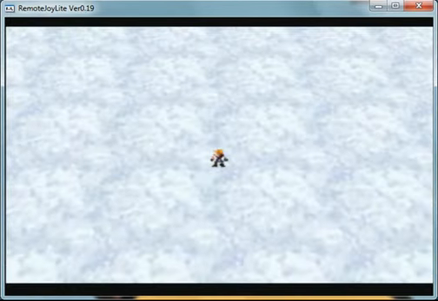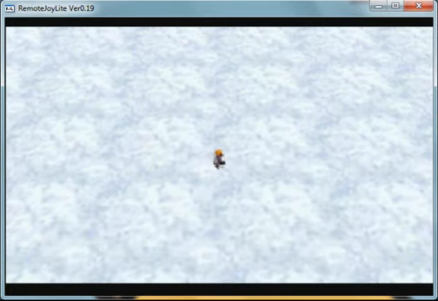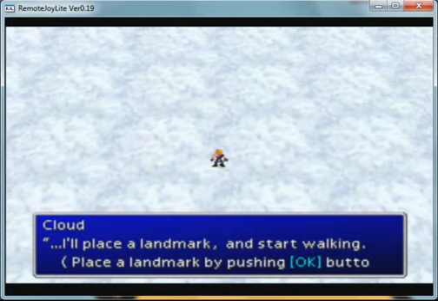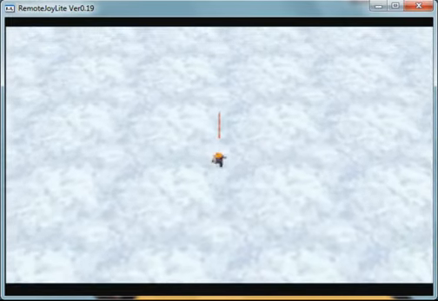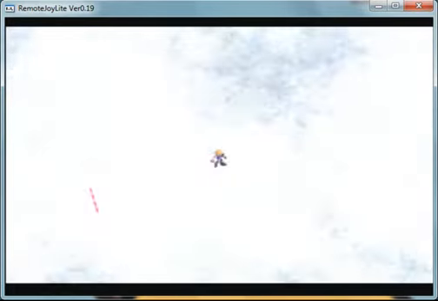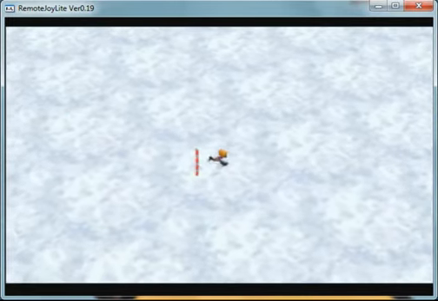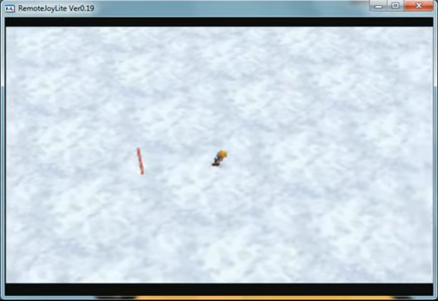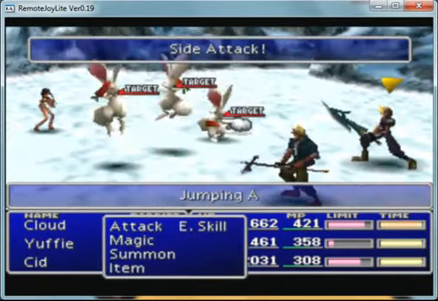So this is very annoying. Snow, as far as the eye can see. Better watch where I walk. I'll place a landmark and start walking. Press circle to plant a landmark, and then you kind of just keep doing it until you run into something. Basically, there's no real way to do it. You just kind of keep running, and then eventually you'll either end up next to a